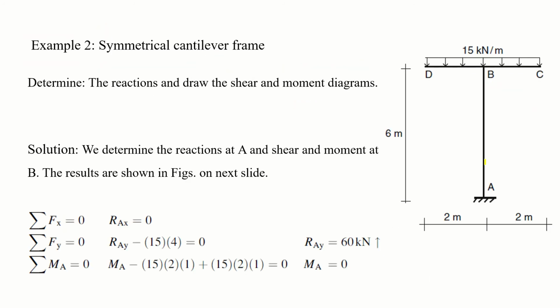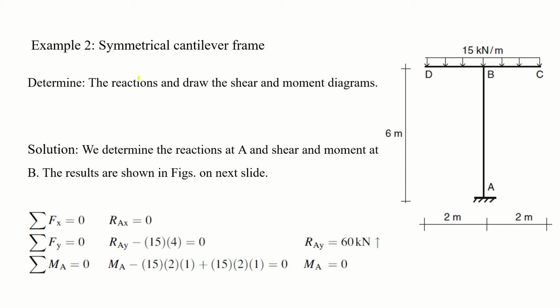So this is the same column. This is the same BC beam. The loading is the same, but there is another beam of the same length. So now on this column there are two beams of the same length with the same loading at both sides. So this is a symmetrical cantilever frame, right? So the reactions will be the same, the equations will be the same, but the loading will be different.